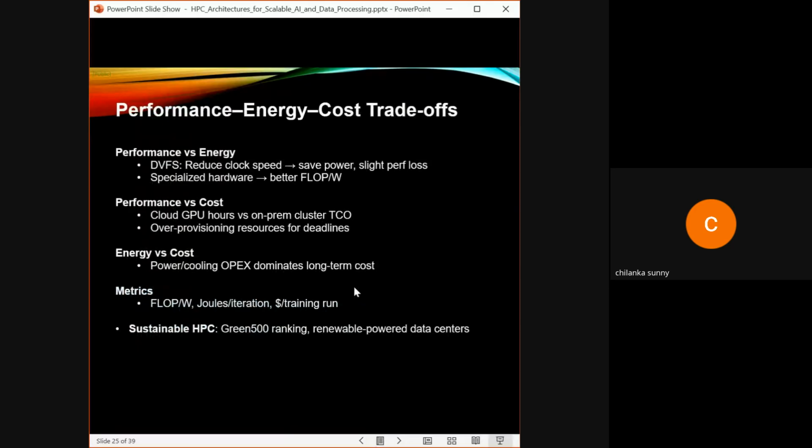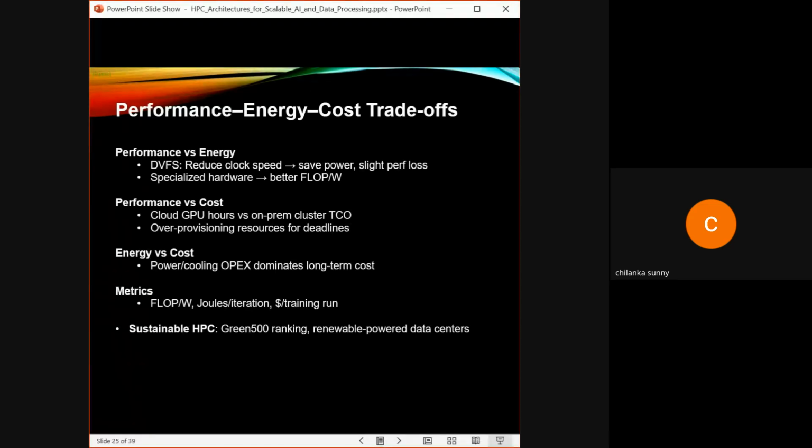Okay, next is the performance, energy, cost trade-off, which is a crucial element in any architecture or any solution. So when designing HPC and AI systems, it's important to balance performance, energy, and cost. On the performance-energy front, techniques like DVFS, dynamic voltage and frequency scaling, can reduce the clock speed to save power with only a slight performance loss,